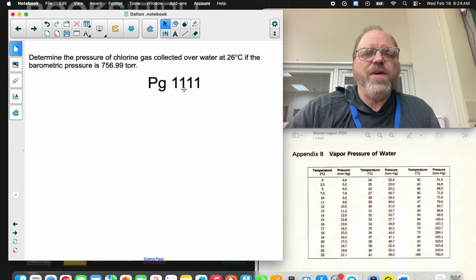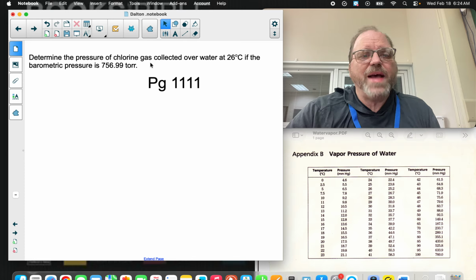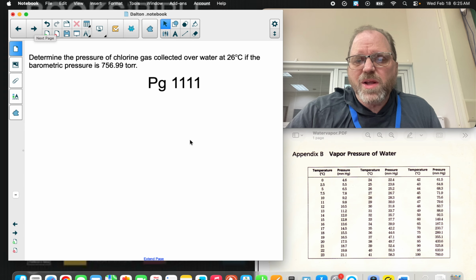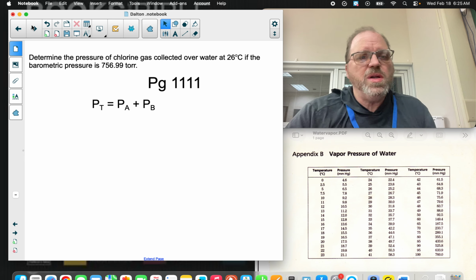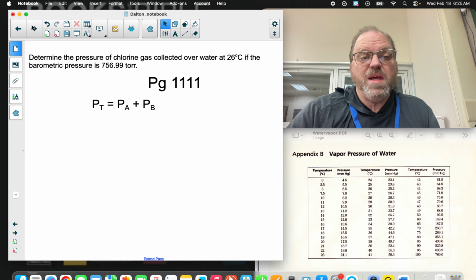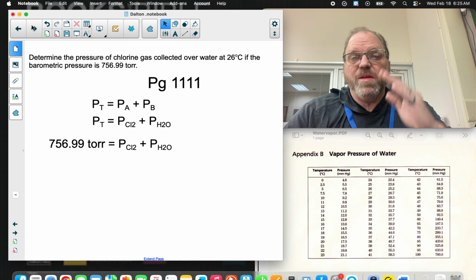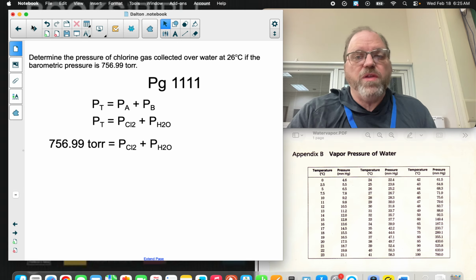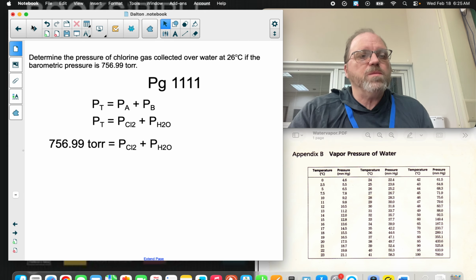I have the value there, that's out of the chem book that I was using. Determine the pressure of chlorine gas collected over water at 26 degrees Celsius, if the barometric pressure is 756.99 torr. We go over here and look at 26, and we get 25.2 millimeters of mercury. So using Dalton's equation, P total is equal to P sub A plus P sub B, whereas chlorine and water, the total pressure is going to be the barometric pressure. That's what causes the water inside of it to move out. When the pressure inside is equal to the pressure outside, it pushes the water out. So therefore,